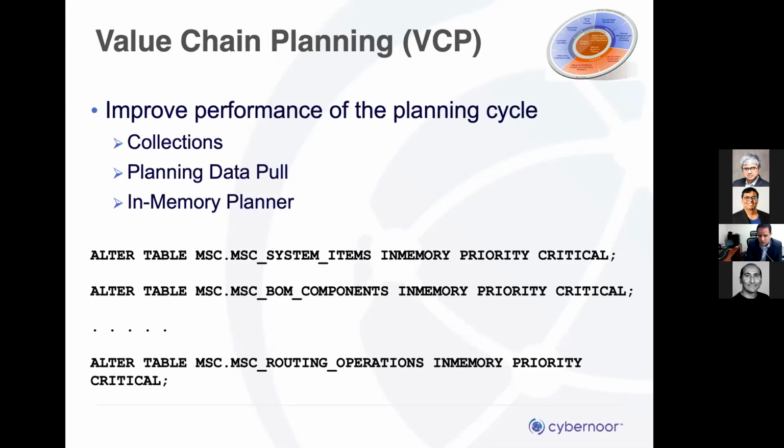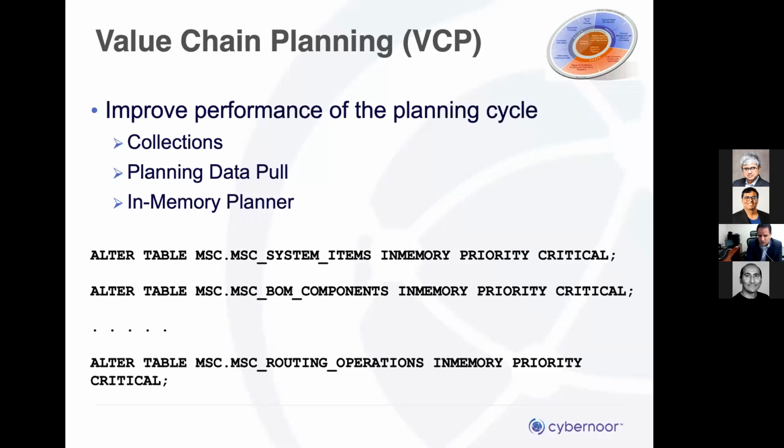And the benefit there, of course, is that you can run collections more often, which means you can run the plan more often, instead of typically these days, most companies can only run the plan once a day at most. Planning data pull is also the piece that pulls additional data from the EBS side, from the snapshots, and then populates the local tables. And then also the in-memory planner, which is the piece that reads all the data that it collected, loads it into memory, and then runs the in-memory forecast model to generate the actual supply chain